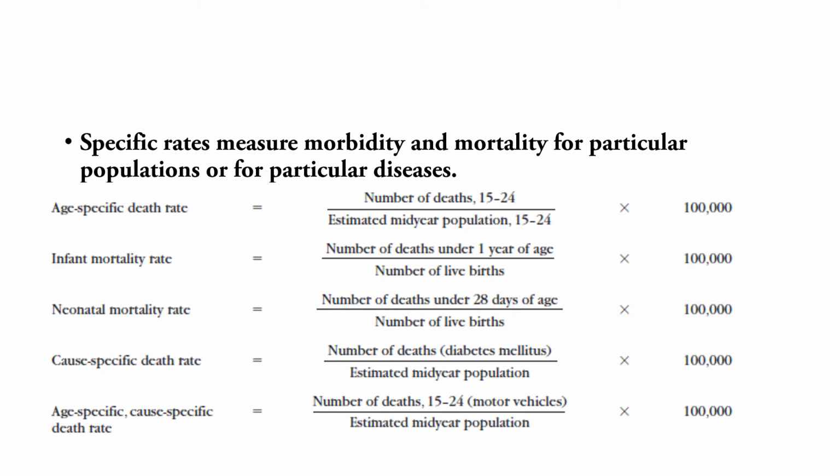Okay, aside from those crude rates, we also have specific rates. For morbidity. So when we say morbidity, that means diseases, causes of diseases. And when we say mortality, that means the deaths for a particular population for a particular disease. Age-specific death rates, these are examples: the number of deaths for 15 to 24 years old, for example, divided by the estimated mid-year population for that specific age group multiplied by 100,000. So you can see that the multiplier that we use is different for every different rate. So this means that for every 100,000 population,